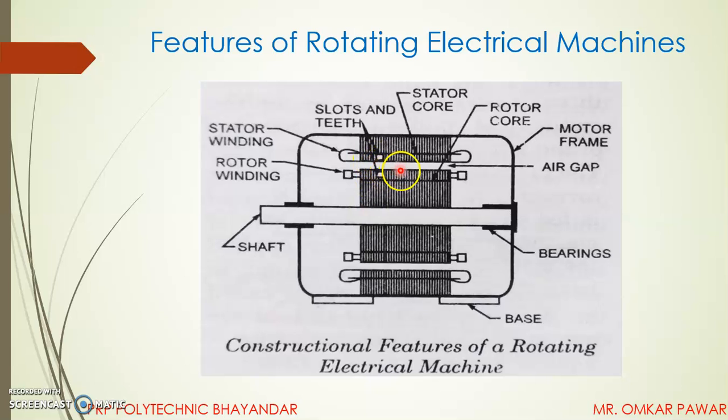And in that is stator and rotor, there is a small air gap. When you give a supply to the stator winding, it creates a magnetic field. That flux passes through this air gap and links with this rotor and generates an EMF. That EMF generated in the rotor creates a flux. That rotor flux and stator flux interact with each other and generate a force which is applied on the rotor conductors. So the motor starts rotating.